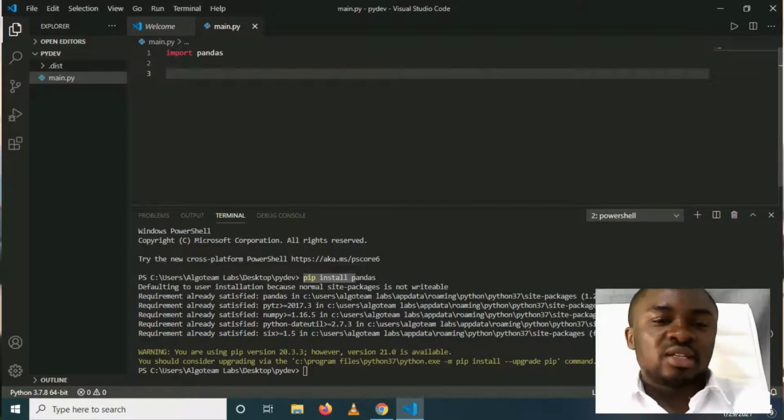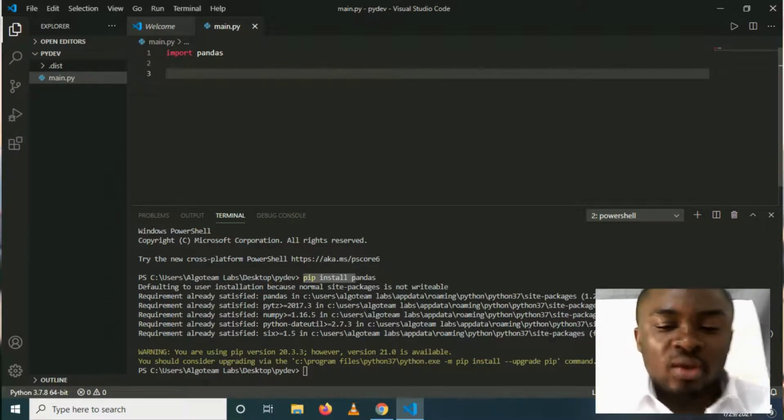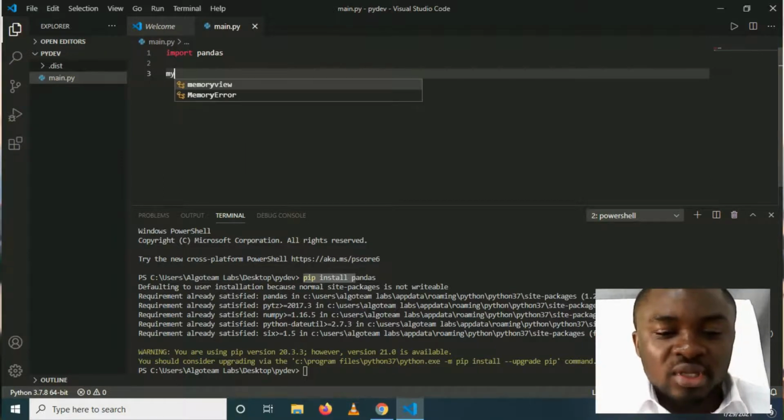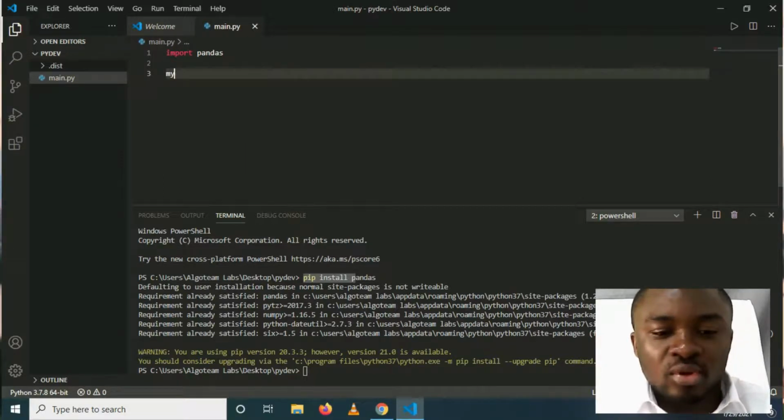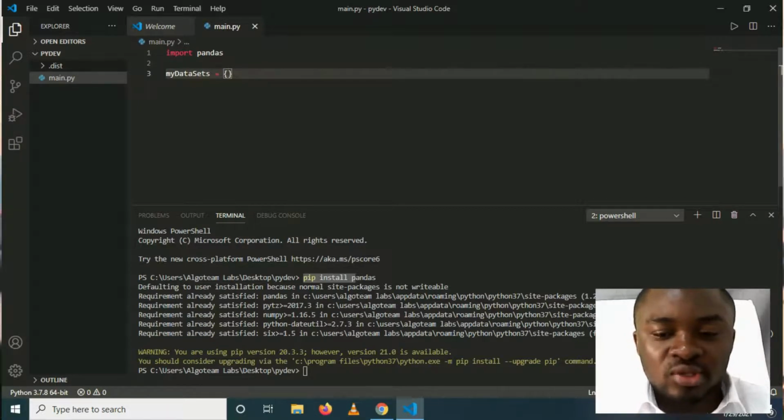Pandas has the ability to analyze this, but before analyzing it, you must make sure that Python has read the contents of such a data set. So how do we read the contents of such a data set? We can do this. Let me say this is my data set, a variable called my data set, and you say here